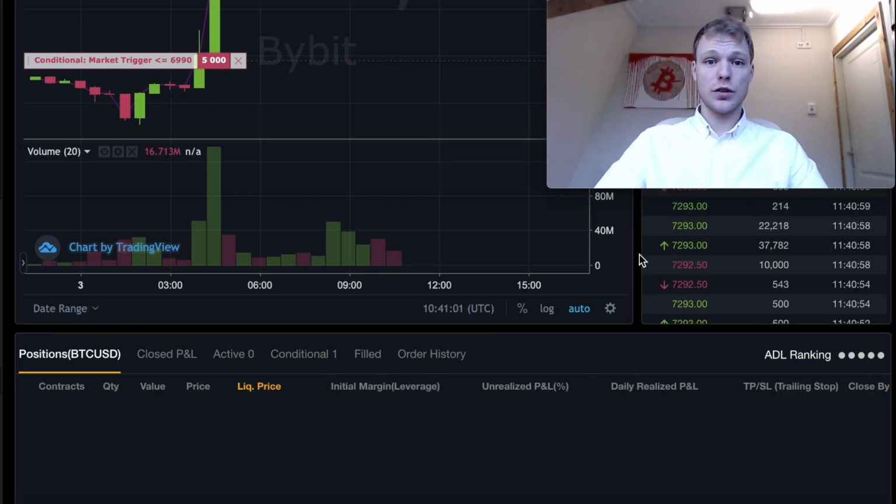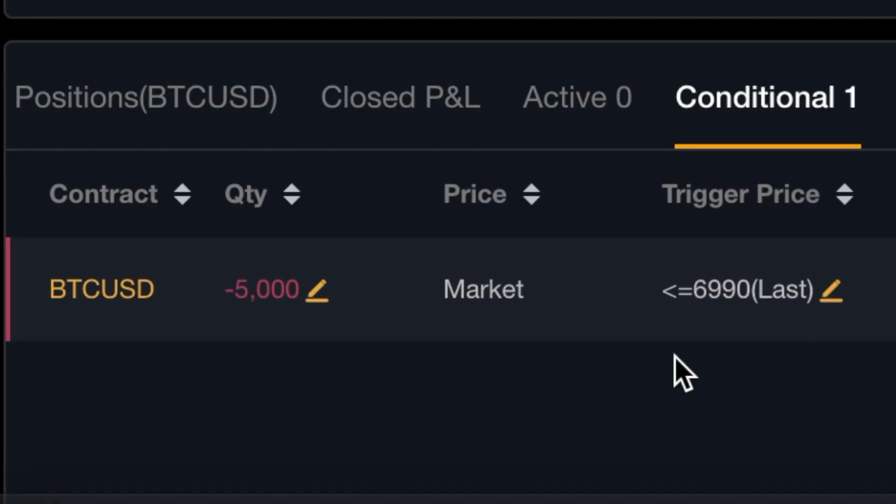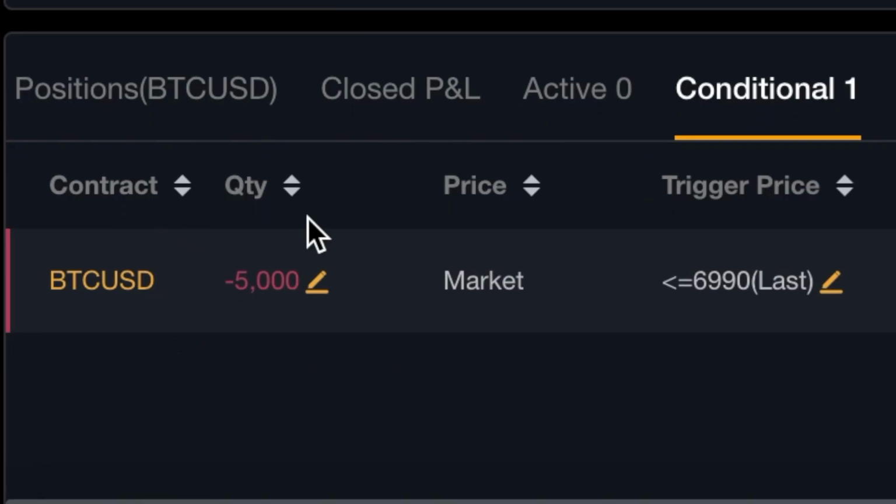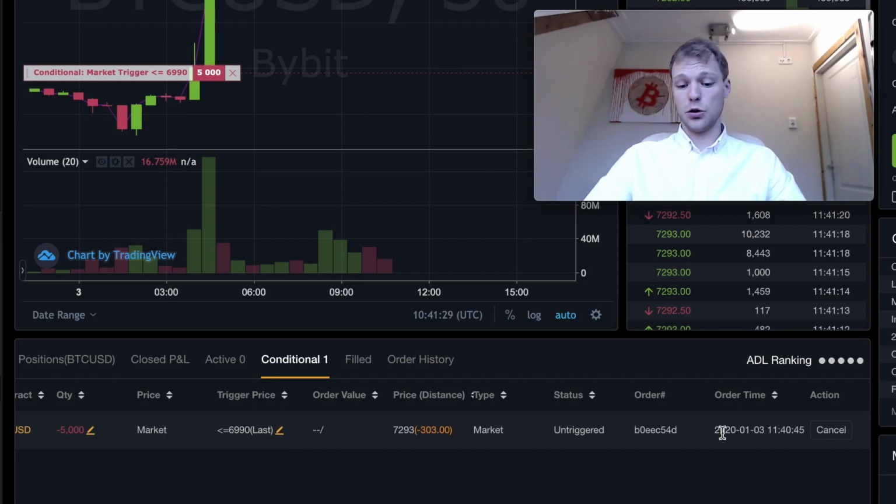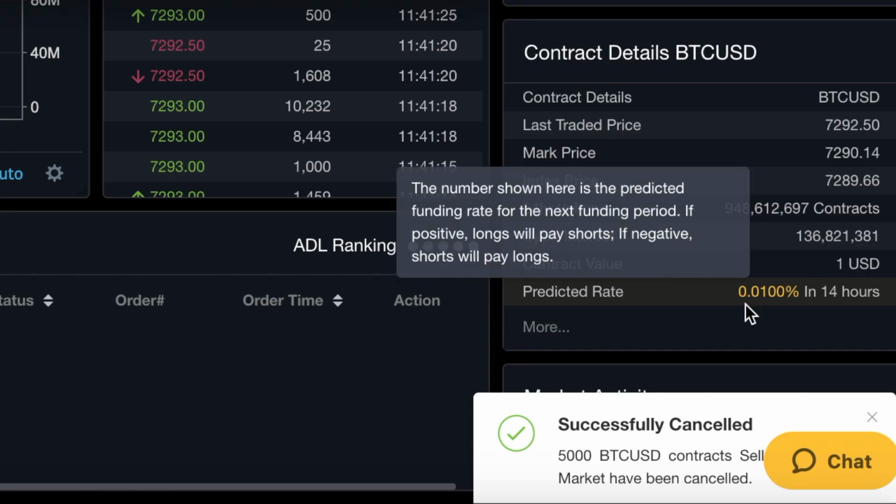And if you scroll down, you can see that there isn't a position open yet because, yeah, we have a conditional order. So you click here on conditional, and there we can see our order. We have a quantity of 5,000 US dollars, which will be executed with a market order when the price hits 6,919. And if you would like to cancel this order, you simply click on cancel, and then the order is